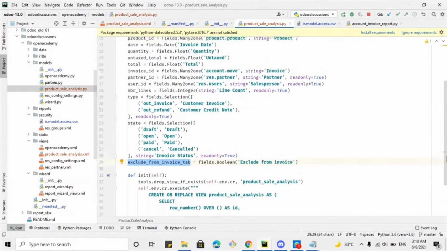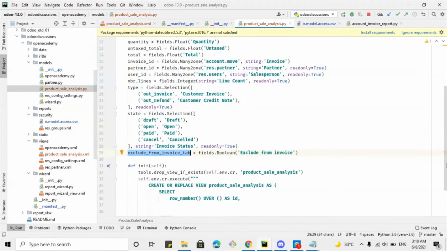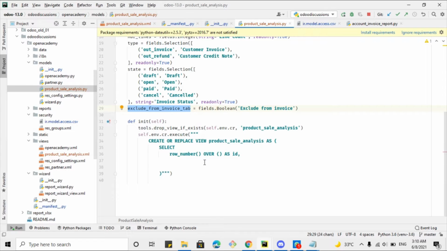So we don't want to get the journal entries, we just want to get the data of the invoice lines. For this purpose we will have to write the select statement here. Select something like p.id, product id. We need to add an alias here, id, and we need to add the model